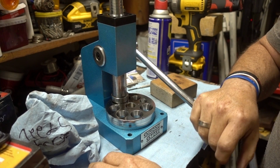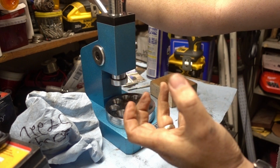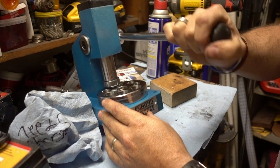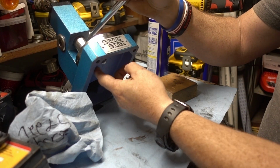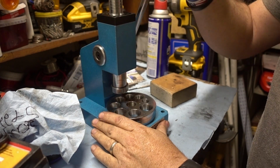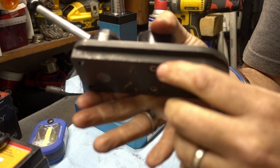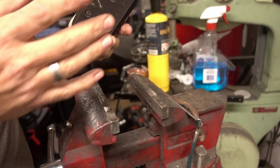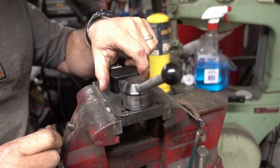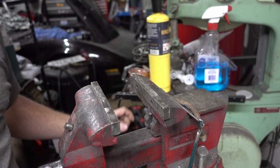You shouldn't have to push a ring down that hard, but if you had to do something else, whatever that else may be, you're pushing on a solid surface instead of a hollow, hole-filled cast iron, cast steel. And then typically what I do is, on this ring bender, there's already a lip here, which is great for putting in a vise. I'm clamping that down, not going anywhere, and then getting another piece, such as